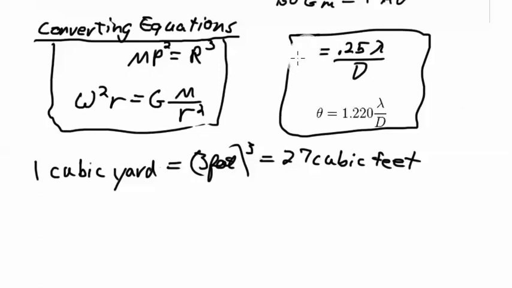Let's change that to a theta there. This is the equation for angular resolution of a telescope where theta is given in arcseconds, lambda is given in micrometers, and d is given in meters. Here is the same equation where theta is given in radians, lambda is given in meters, and the diameter is given in meters. Now this equation right here is Kepler's Third Law, which basically says that